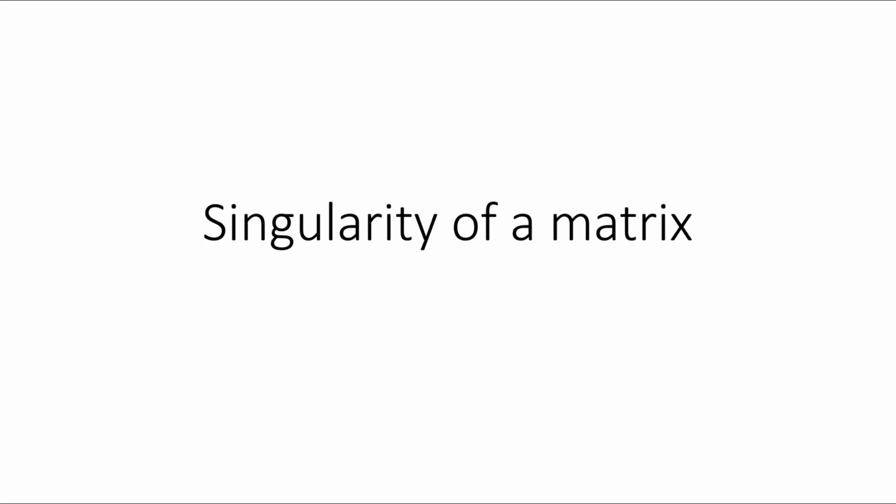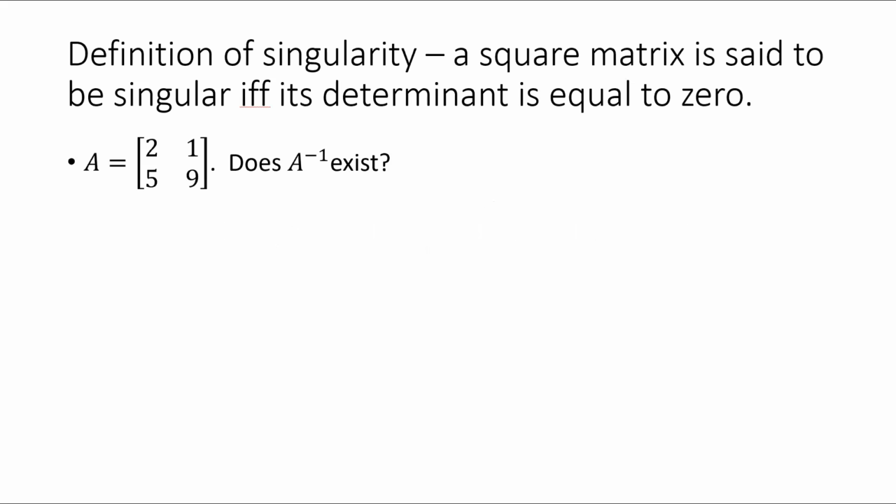This is a video on the singularity of a matrix. Now, the definition is that a square matrix is singular if and only if, it's not a typo there, if and only if its determinant is equal to 0. So conversely, if the determinant of a square matrix is not equal to 0, then the matrix is said to